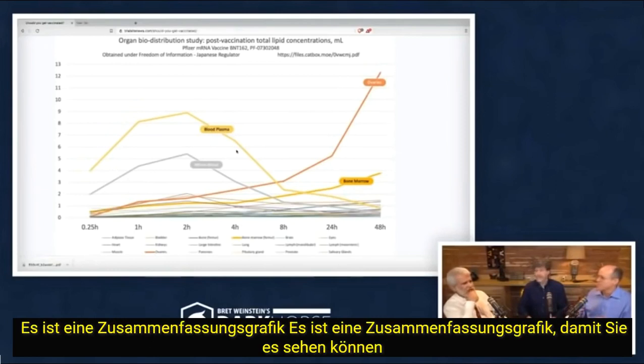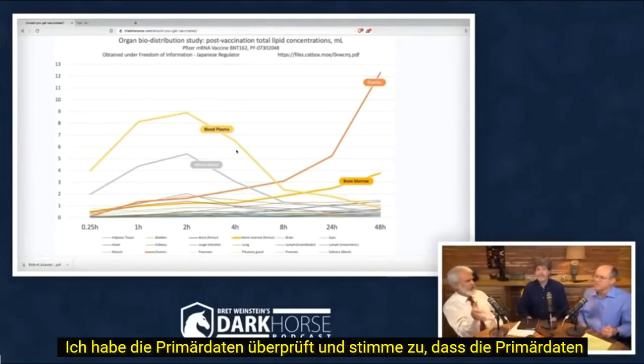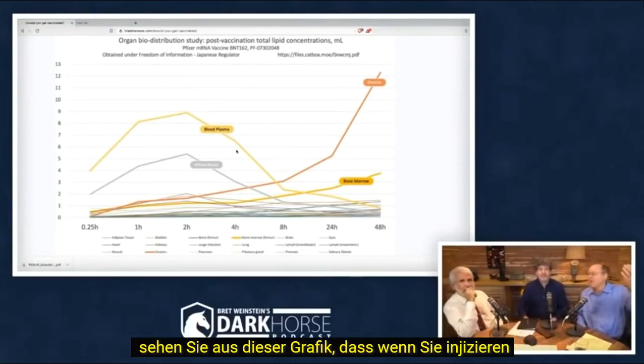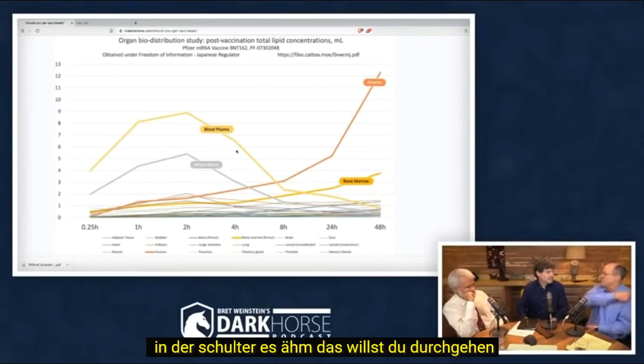Yeah, it's a summary graphic. It's a summary graph so that you can see it visually. I did review the primary data, and I concur that the primary data is consistent with the graph that you have nicely summarized. Right. And so what you see from this graph is that when you inject in the shoulder,